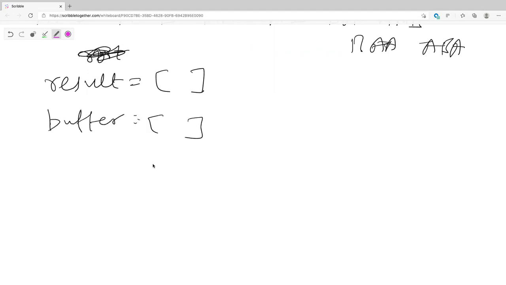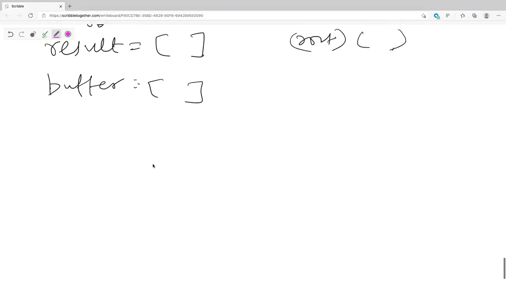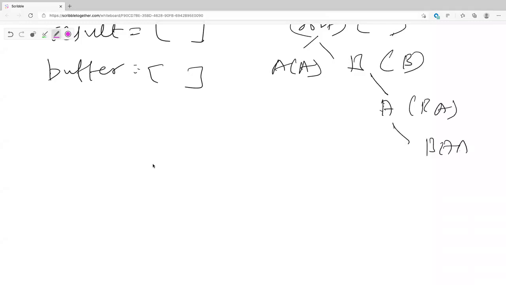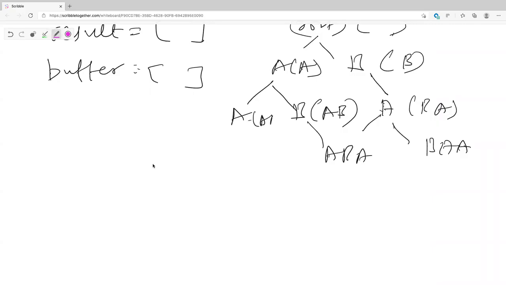What we mean by buffer here is we start from the root, here you have an empty array, right? And let's say you start from A, you go to B. Here your solution is going to be B. Here your buffer is going to be only A. Then you start from B, you go to, let's say you add A. So here your buffer is going to be BA. This is going to be BAA, right? And here, let's say you don't have anything basically. And so from here you have again A, you have B. Here your buffer is going to be AB. This is going to be ABA. This is AA. And here this is going to be AAB, right? So that is what I'm using a buffer for, or a string.